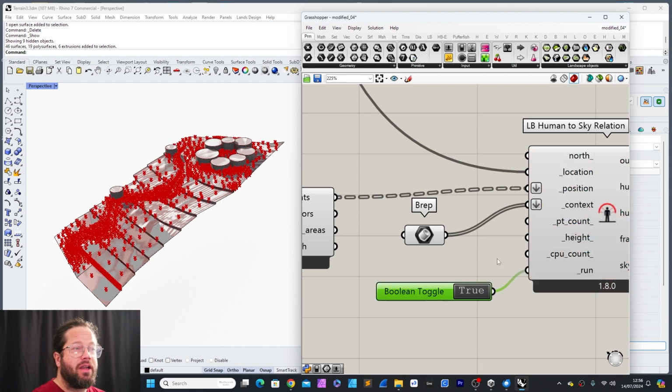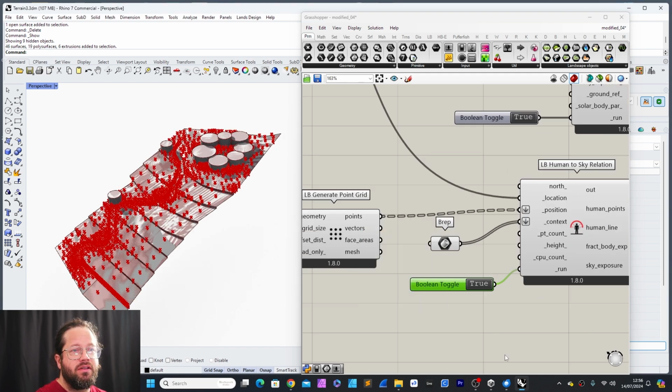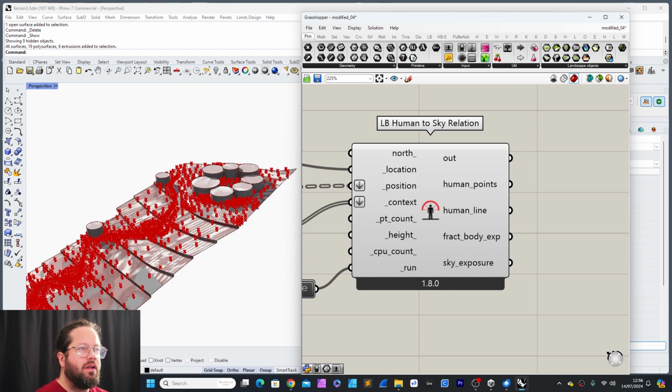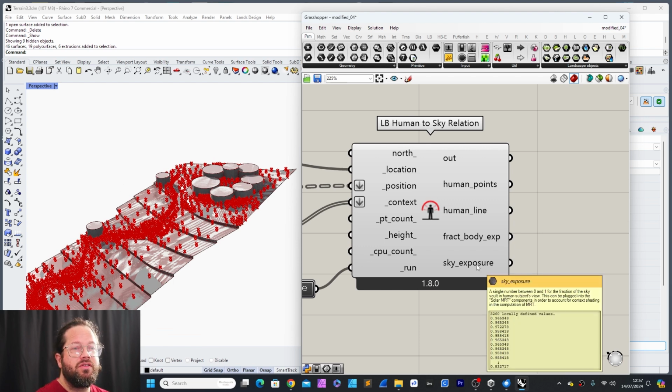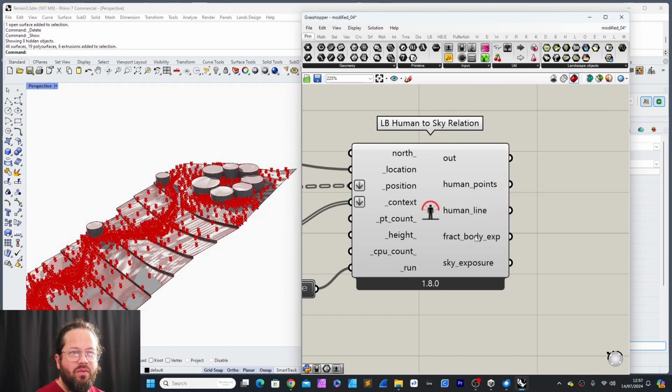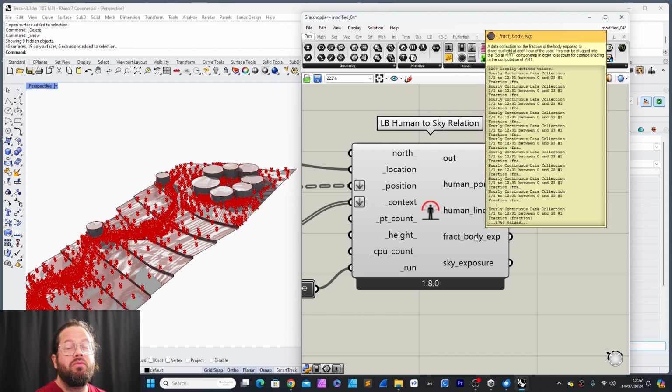So that was actually fairly quick. Although we have these 3,260 points, we could potentially look at this. I have never looked at this really. So we could generate a heat map just to see the LadyBug Human to Sky relationship for each point. So we have values in here. They correlate exactly with the amount of points we have. It is the 3,260 values, and that actually could give us some indication of the human to sky relationship. The same with the fractional body experience, although here it's still something not right, but we will go through that